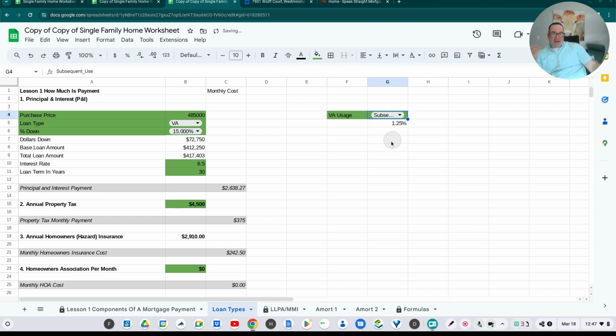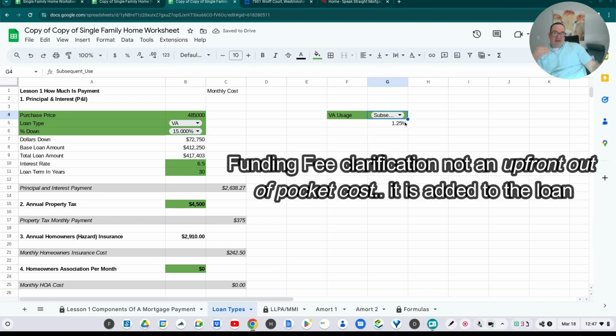Subsequent use is the same, it's 1.25% if you're at second use or greater. You can see that's added to the loan amount. It's not an upfront cost, it just adds to the monthly payment, which is being auto-calculated down here depending on